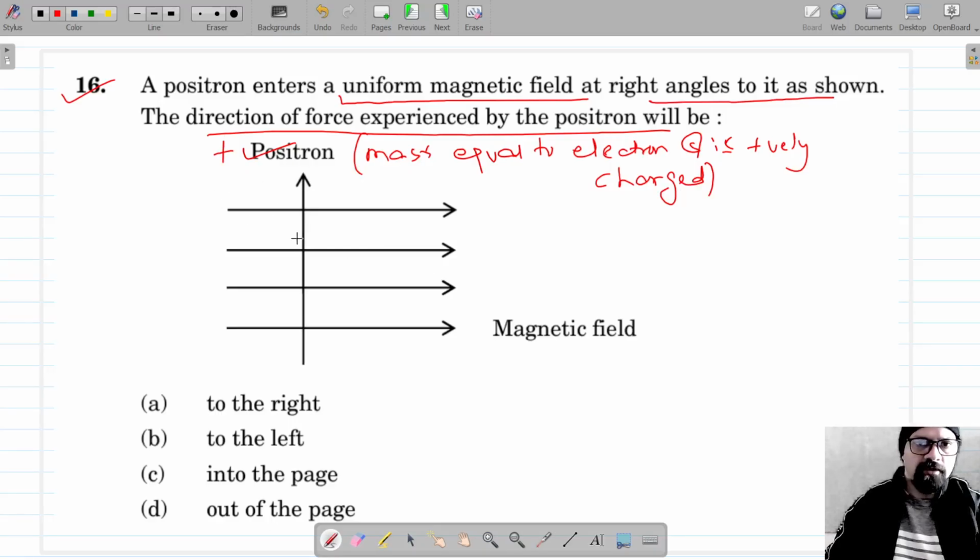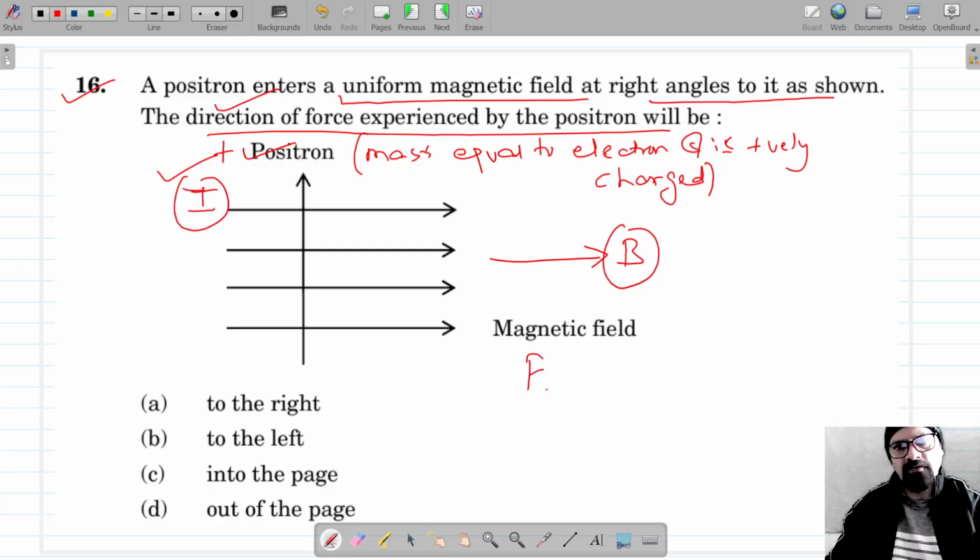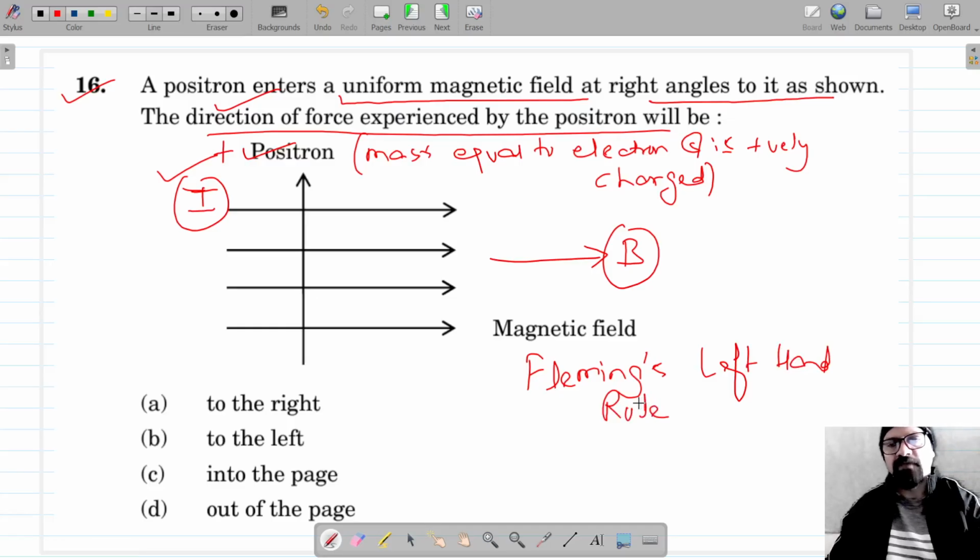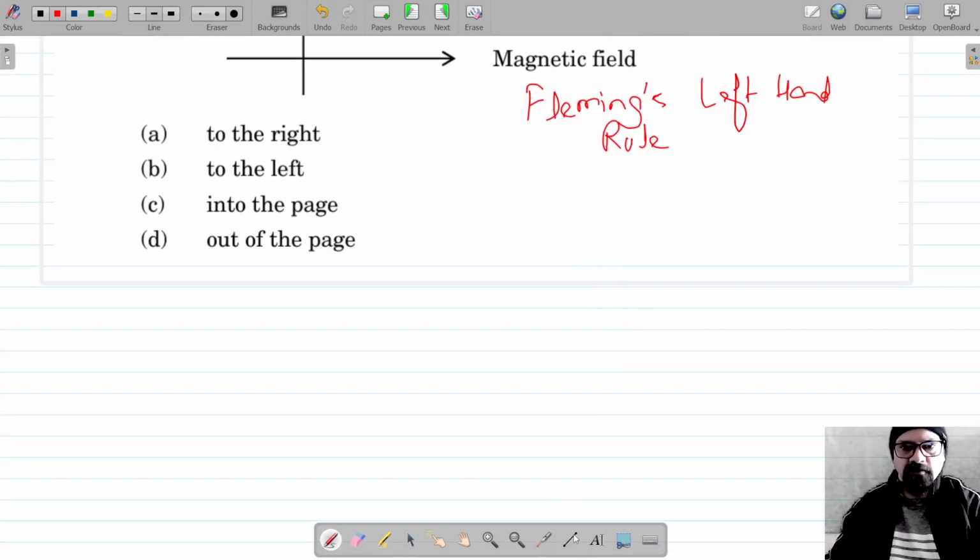Now it enters the magnetic field in this direction. This is the magnetic field. We denote the magnetic field by B, and the direction of the positron is actually the direction of the current. And we have to find the direction of force. So for that, we are going to use Fleming's left hand rule. Fleming's left hand rule states that if we stretch the forefinger, middle finger, and the thumb of the left hand mutually perpendicular to each other,